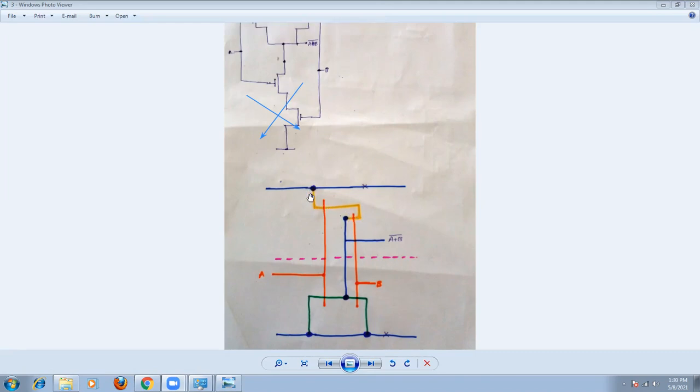I am going to draw it like this. So this is the series connection of the two transistors. Next, we are going to join the gates of the two transistors. So we can take a red color and join these two points like this, and take a point here. Similarly, another transistor forms in this case.